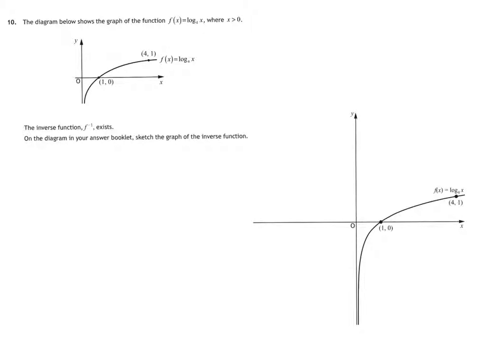So I've got the inverse function here. I've got that graph on the corner of the page. So inverse functions, this bit isn't something you need to draw, but it's just a little bit of explanation for you if you're struggling with these, are a function that is reflected in the line y equals x. So what happens with these is the x coordinates become the y coordinates of the inverse, and the y coordinates become the x. So we're going to have a point here, which is going to be 0, 1,